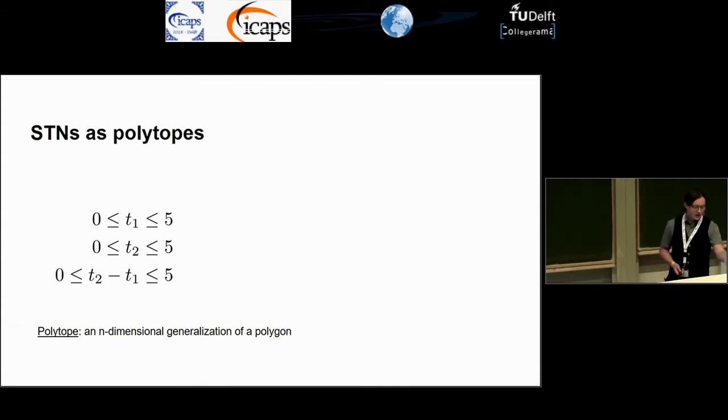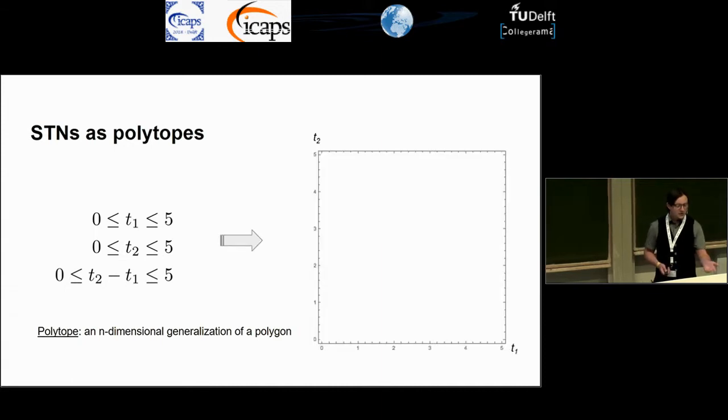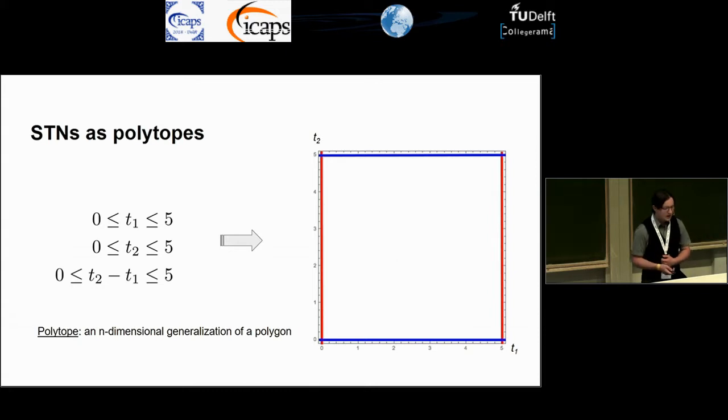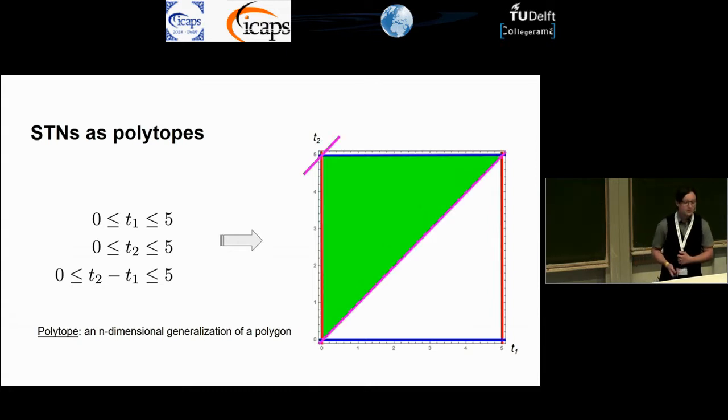So if we look at our example STN from before, where we have two events happening between 0 and 5, where T2 must happen after T1, we can graph these constraints. And the first constraint yields us these two boundary lines. The second constraint yields these two boundary lines, and the third yields two more, giving us a final solution space